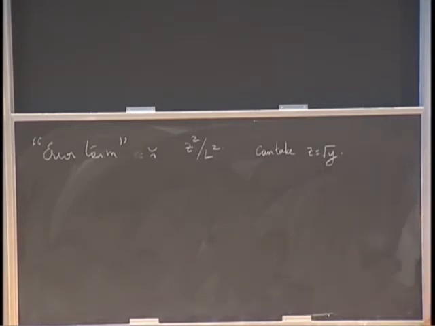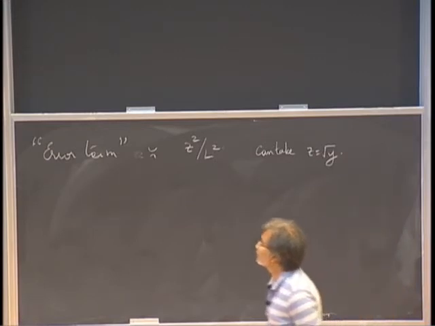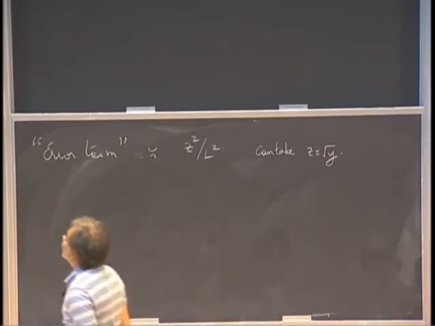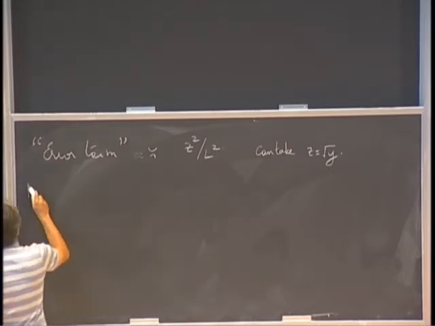Okay, so the second term would be less than y over L squared if I take z to be y over L, or z to be square root of y. Okay, so that's so much for the remainder term. And what about the main term? So I have to still understand